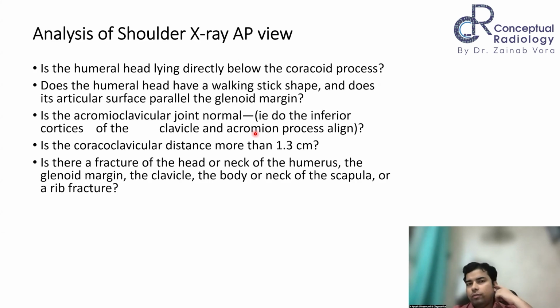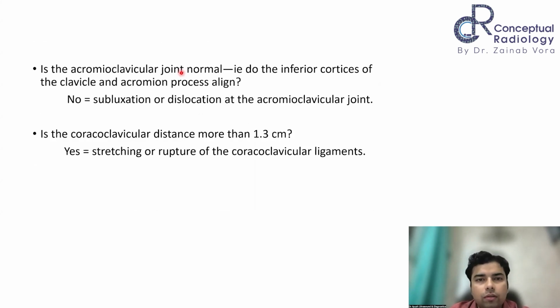Now, how are we supposed to analyze the shoulder X-ray AP view? There are 5 questions we should ask in these cases. First, is the humeral head lying directly below the coracoid process? Okay. So normally what you'll see is